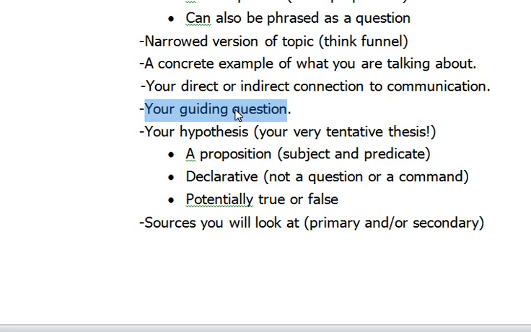I'm not necessarily looking for that prosaic of a translation between the noun version of the topic and the question version of the topic. But I do want to suggest that sometimes topics can be implied in a question, and if you have a guiding question and you realize to yourself, the main answer to this question is going to be my main point, my thesis, it can be very helpful in determining how you continue on with the research. Okay, so I do want to see that you have a guiding question in your proposal.